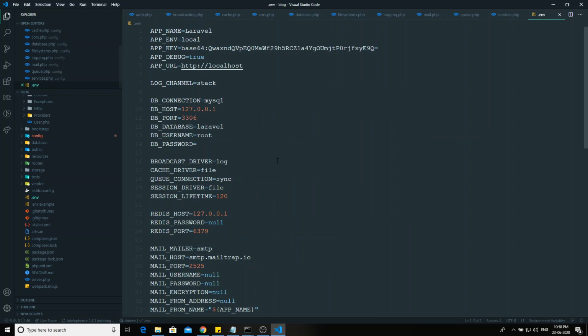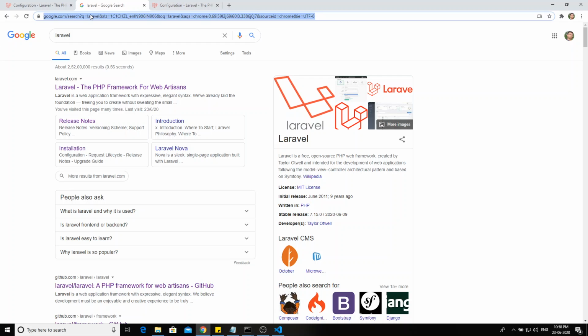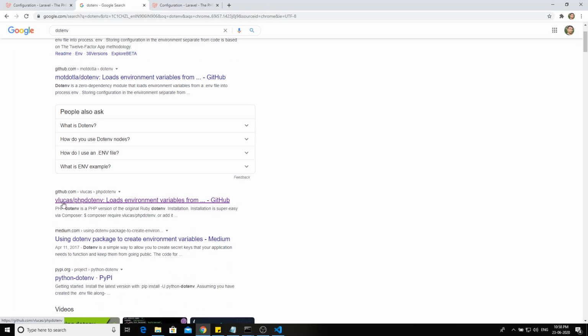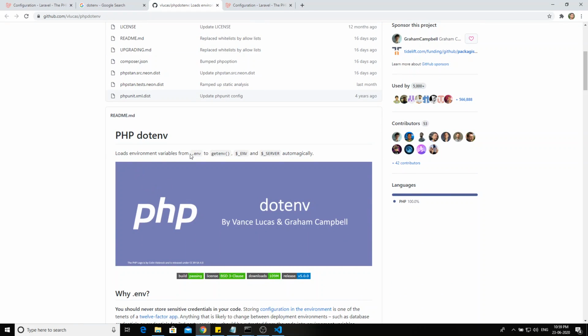.env. This .env file was taken from the package vlucas/phpdotenv. If you search anywhere for .env, you will see Vance Lucas's PHP dotenv, and this package is used in Laravel.